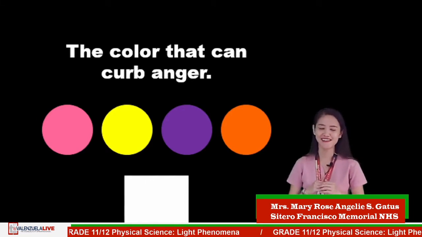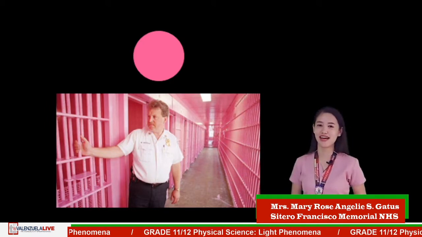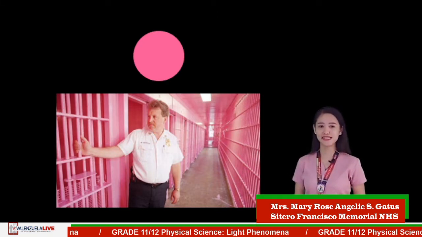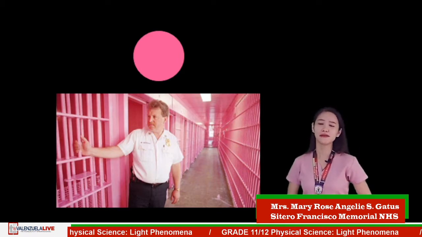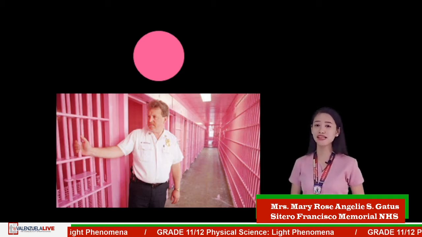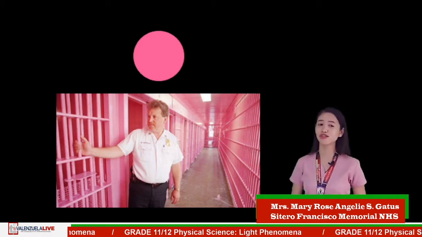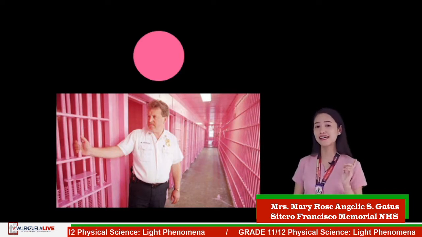Time's up. The correct answer is pink. Excellent. Pink is the palliative color. Apparently, it suppresses anger and anxiety due to its calming effect. That is why prisons and mental health care institutions paint their walls pink to control the behavior of those out-of-control prisoners and patients. And for the last trivia,